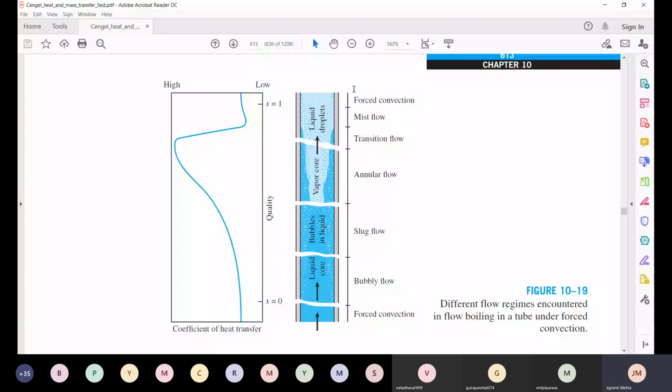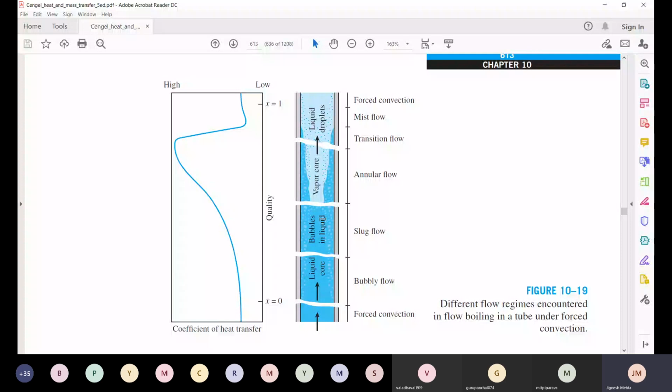And beyond that, it is actually a single phase convection case, so it's forced convection. But then the velocity is high, so you might see some rise in the heat transfer coefficient. Because the vapor density is low, the velocity is going to increase and Reynolds number increases. So you may see a bit of increase in the heat transfer rate, but still it's not very high. Okay, so this is about various flow regimes in flow boiling,